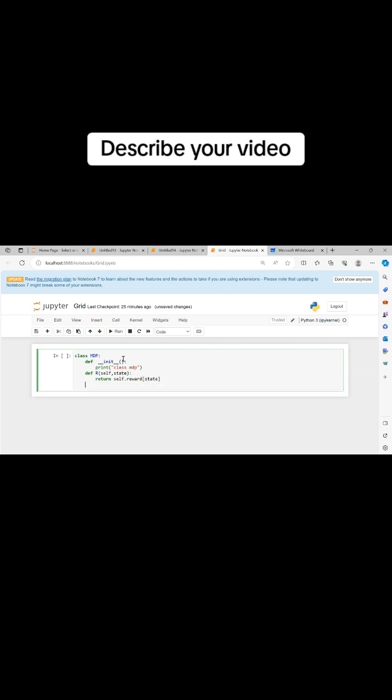Then we are going to define a function for transition. Transition function means movement. The agent has to move on the state, and for that it will take some action. Action is required to move from one place to another place, so we are talking about that. And then it should return us the